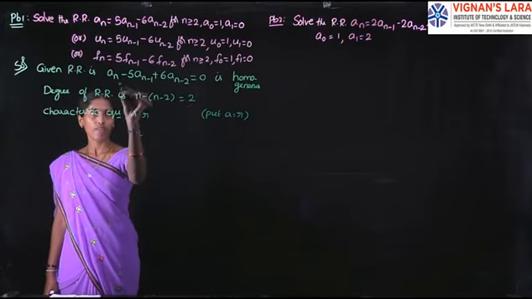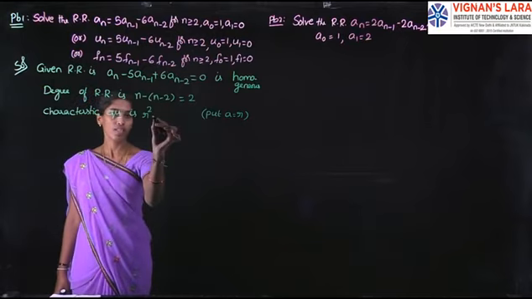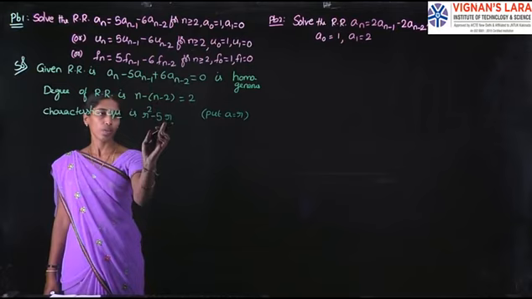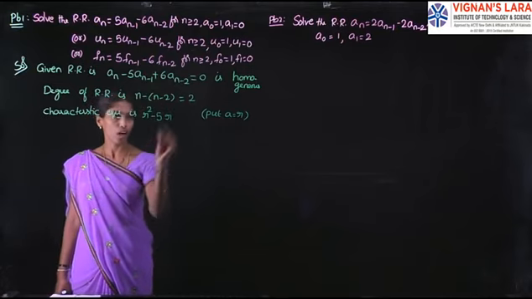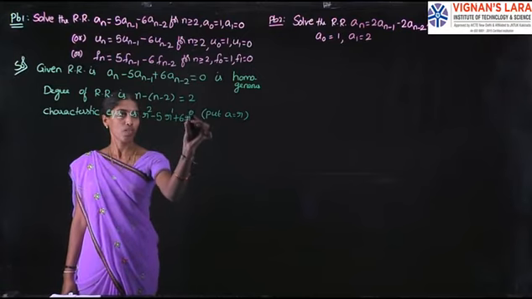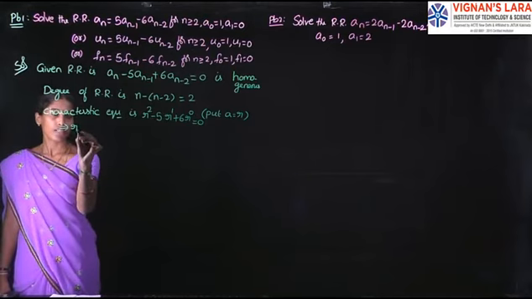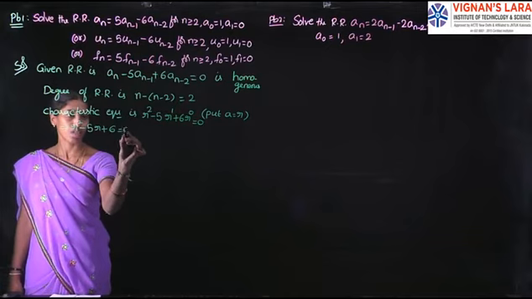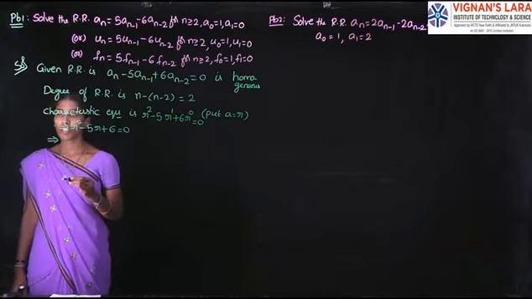So r, n value is 2 because in this sum degree is 2. So instead of writing in the suffix, write in the power: r squared minus 5 into, again put a equal to r, suffix is 2 minus 1, its value is 1, write in the power, plus 6 into r power 0 equal to 0. So it becomes r squared minus 5r plus 6 equal to 0. So find its roots. Those roots are nothing but the characteristic roots.